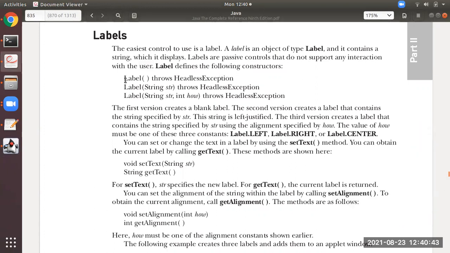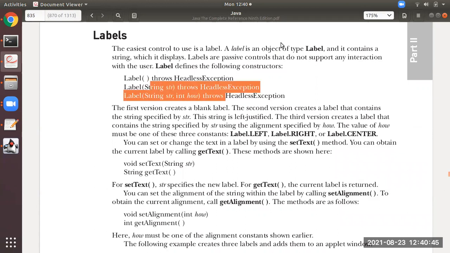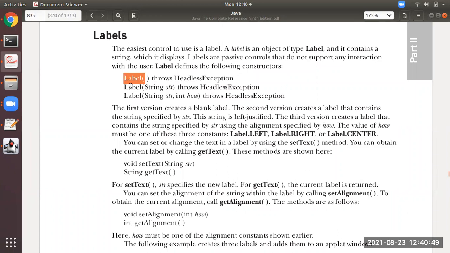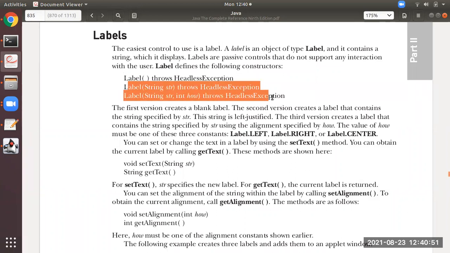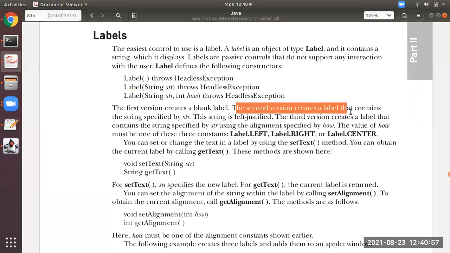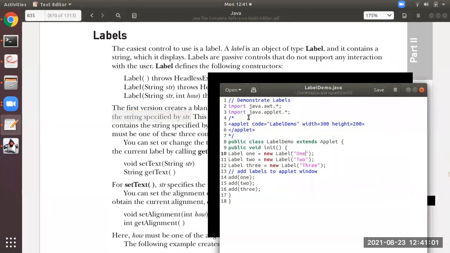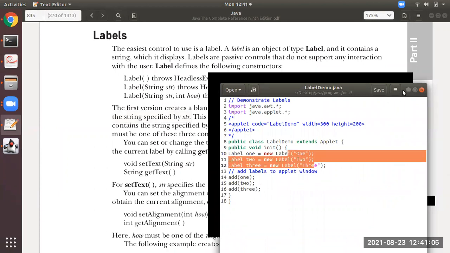So you see here, these are the constructors defined by the Label class. The first one is without parameter, then the next two are with parameters. The second version creates a label that contains the string specified by str. That is the one which we have used in the program.